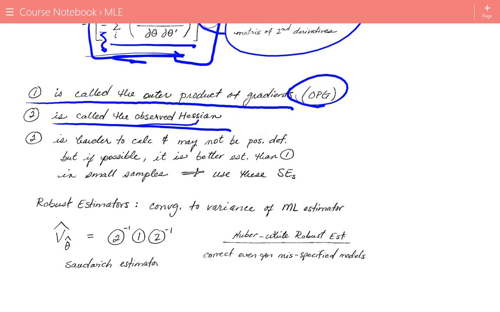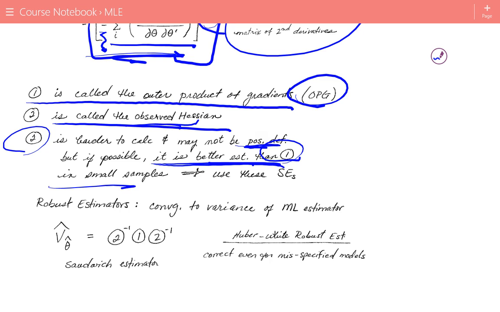Now, it's harder to calculate the second one, which is the Hessian, because you have to deal with second derivatives and calculating second derivatives. It takes more equation-type work to come up with the second derivatives. Or if you're going to use a numeric approximation, you have a lot more calculations to do in order to get the numeric differences in the differences, which is what you use for the observed Hessian. But in smaller samples, it is going to give a better estimate, assuming that it is positive definite. It's not guaranteed to be so in any given sample, but assuming that it is, it'll give you a better estimate than the outer product estimator